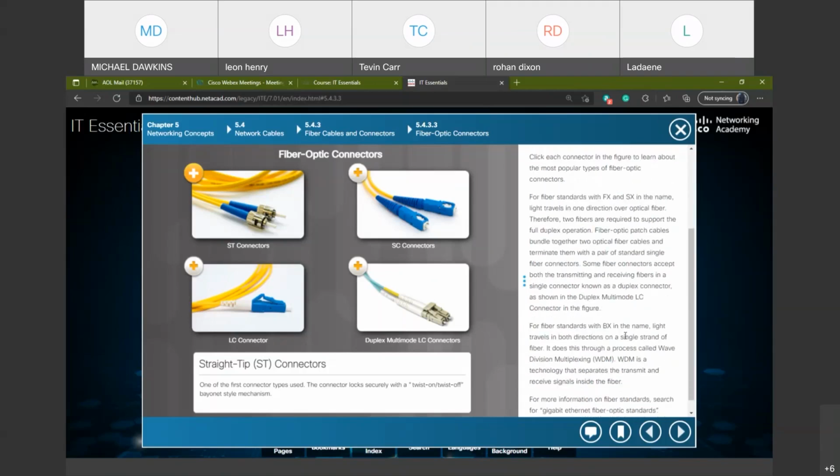So when you see a fiber standard with BX in the name, light travels in both directions. All right, just remember, light travels in both directions. Remember, when I say FX and SX, the light travels in one direction. When I see BX, it means that it travels in both directions. All right, so